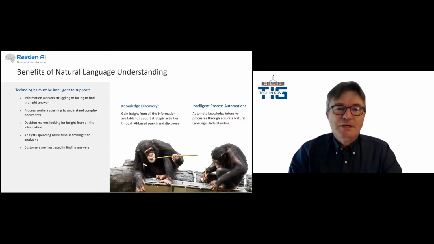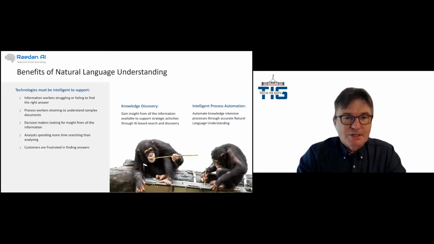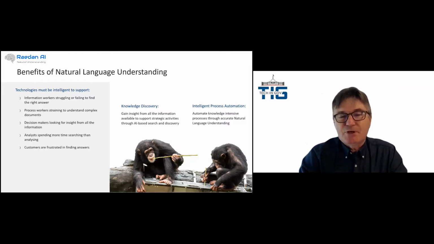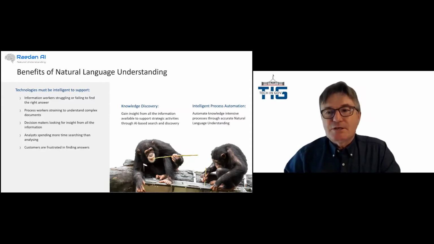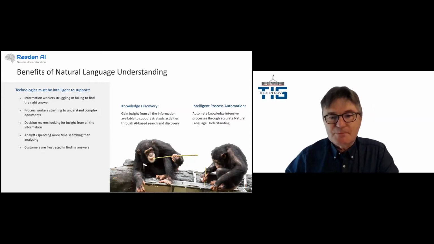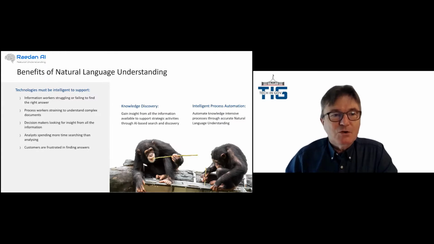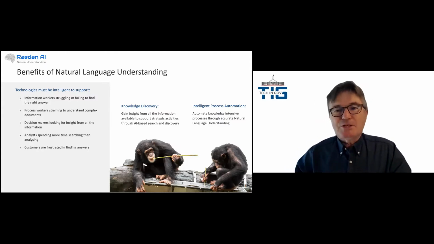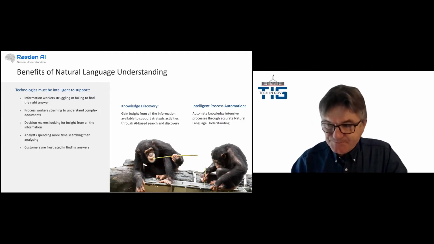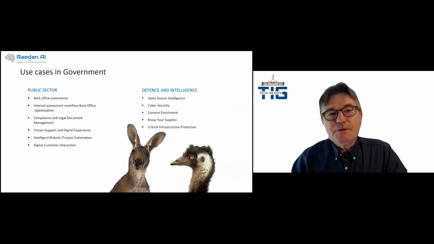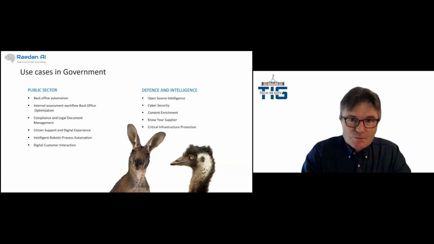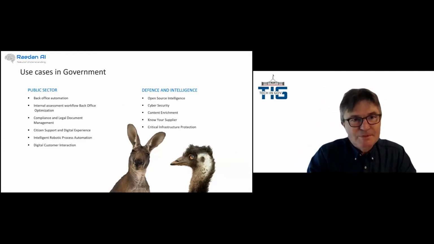Now, the reason we have so much unstructured data is that it's the medium for communication. It's the way we talk to each other and explain things to each other, and we put it in written form to record it. At the moment, information workers struggle to find information. It's very time-consuming reading long documents, and information is hard to find and not available in a timely manner. So if we were to make all data accessible, we could then start to look at these types of use cases within government.